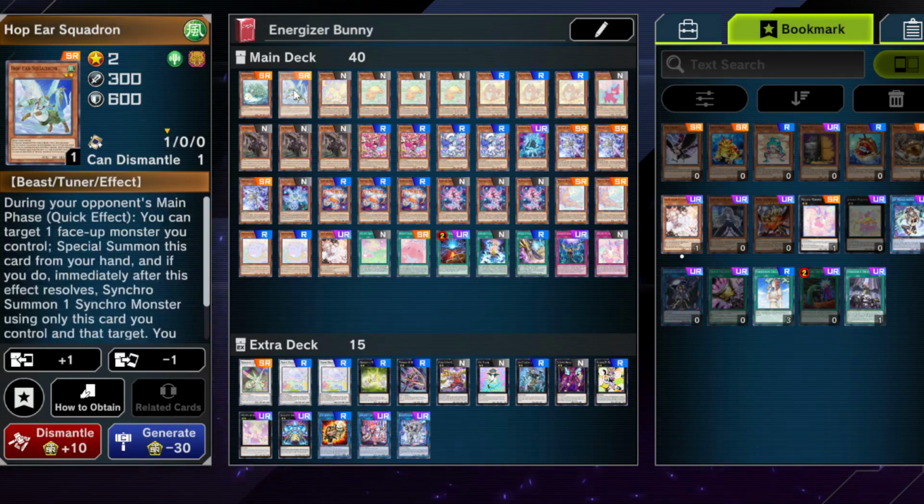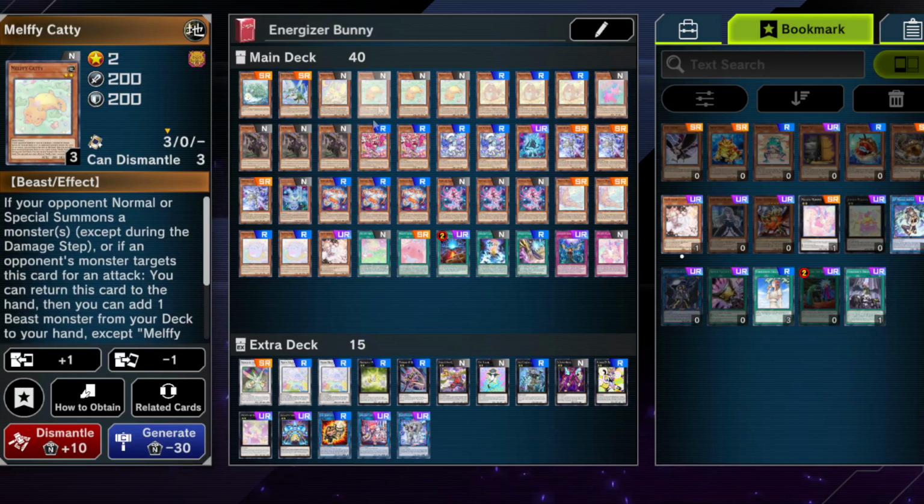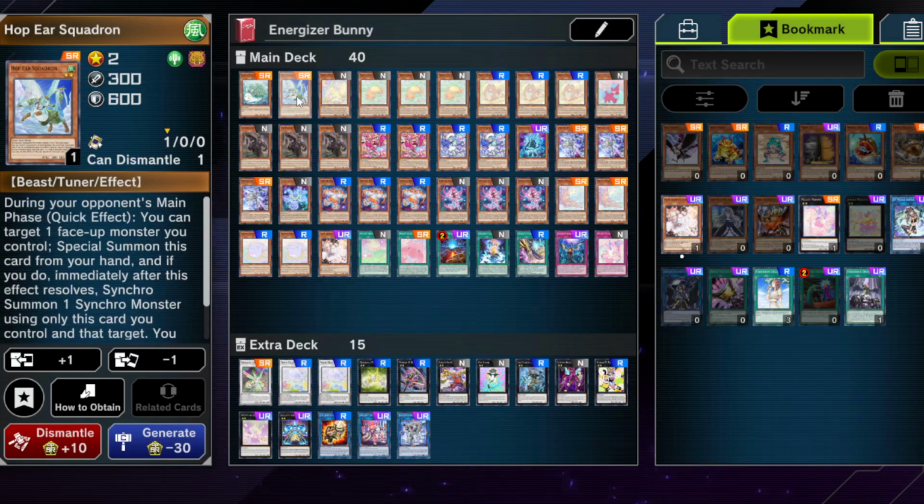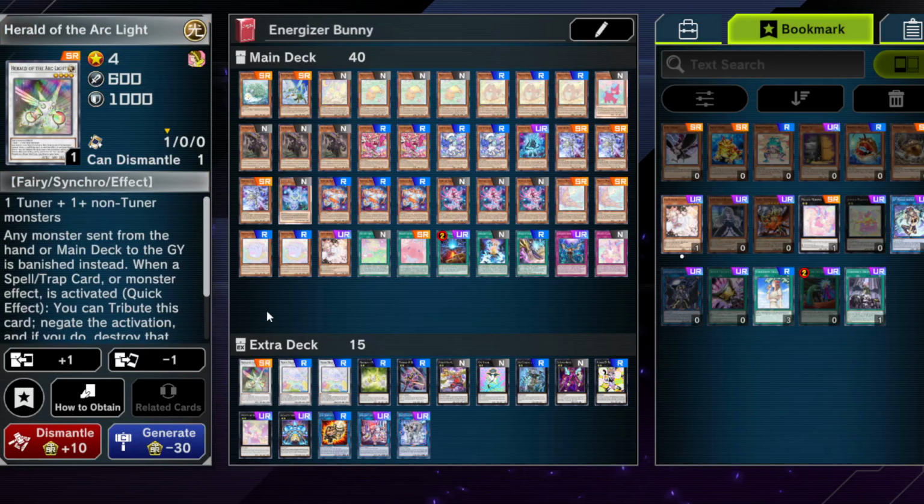We have one card in here that I did not want to go into before, but we have Hop Ear Squadron, a card that can become very, very impactful. Not only does it give you a second target to add off Melffy Catty if you don't add Pinny, but it can also access level 4 Synchros, and you run one more level 4 Synchro that you've probably already realized can be very, very, very important in the matchup against Tearlaments, because Tearlaments needs stuff in their graveyard, and